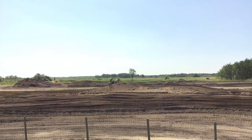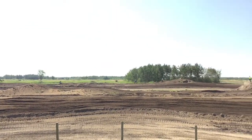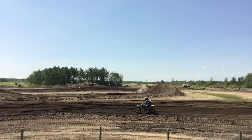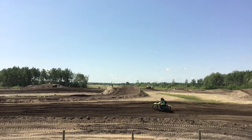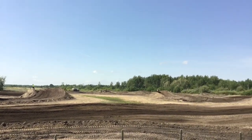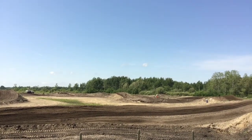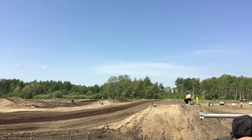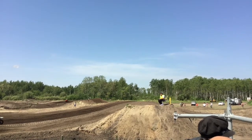Dane Rogers now doing battle with Jake Parnell. 125 versus 250. Couple of two-strokes battling it out. Looks like Parnell's going to get the line there. That he does, and is able to continue on. Trying to pick off a couple more riders before this moto's finished. Maybe 2 laps to go for Parnell and the rest of the Open B class